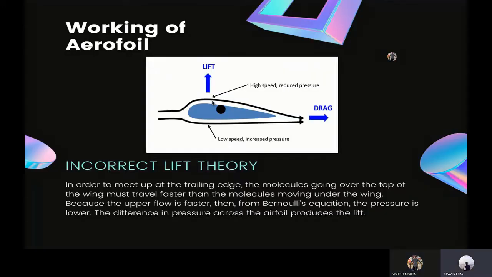So what is so special about this aerofoil shape? How does this shape generate lift? Here we have given a theory which most of you might know from your previous studies, which states that the air above the aerofoil has a higher speed than the air below it. So in accordance with Bernoulli's theorem, the pressure above the aerofoil is lower than the pressure below it. This pressure difference generates a lift in the vertically upward direction.